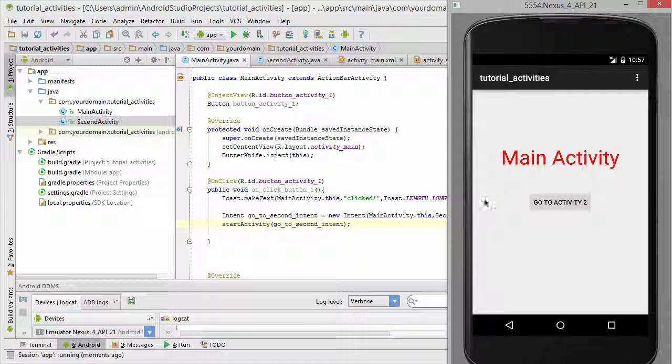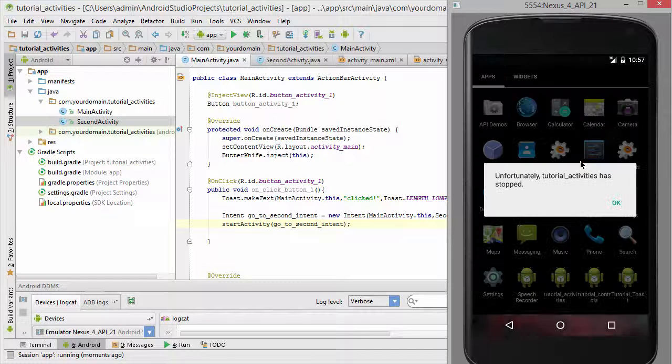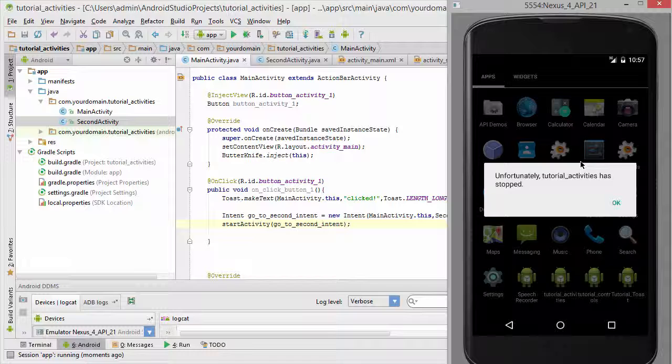Okay, so we have our main activity, and when we click go to activity 2, you see the application has stopped functioning. Why? Now, I left this intentionally because I want to talk a little about debugging. When this happens, the first thing you need to do is look in the log,